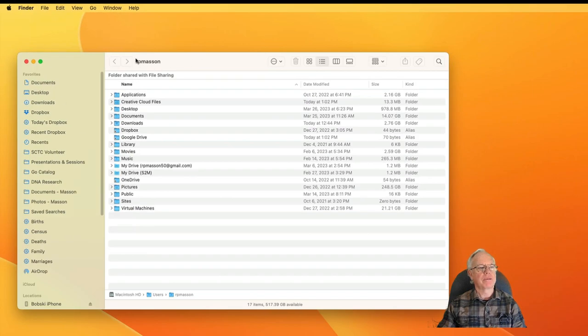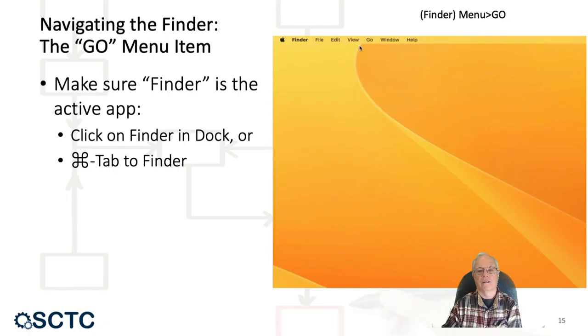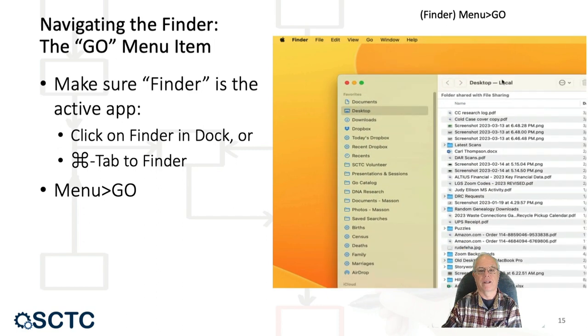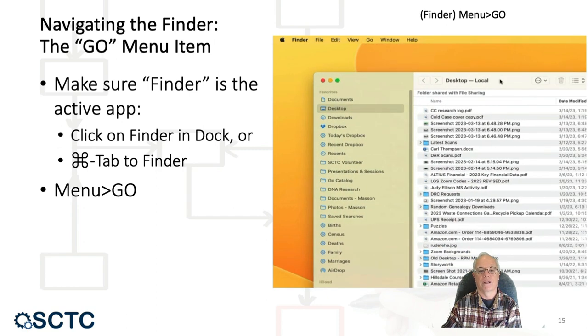I have mine set up so that it goes to my home folder when I open up a new Finder window. There's a special menu item in the Finder called Go, and this little demo here shows you can go to lots of places. And then I said go to the desktop, and it brought up my desktop, which actually does have a lot